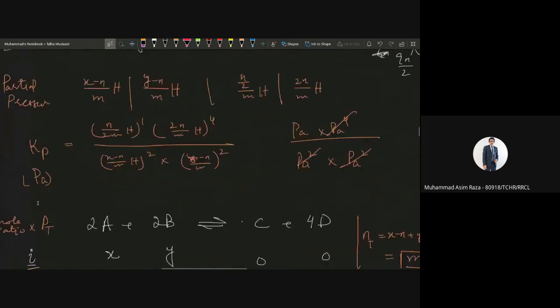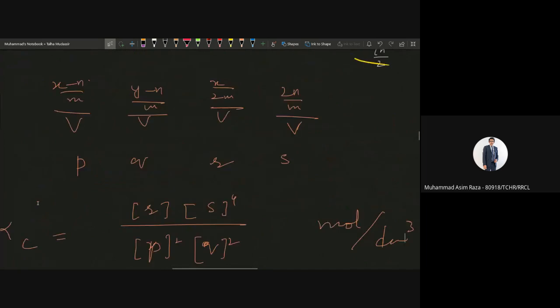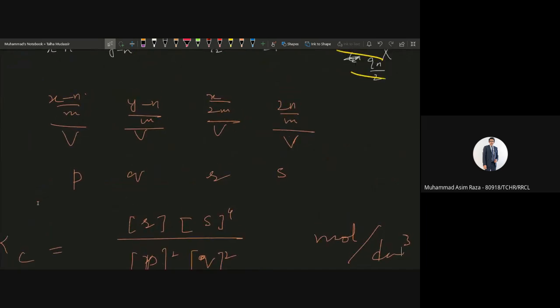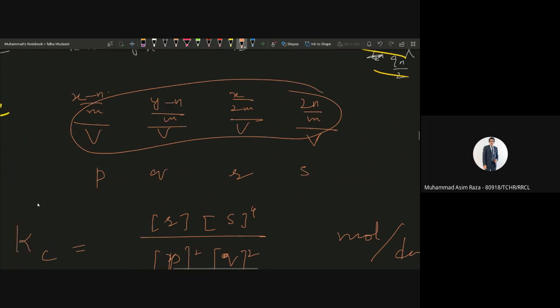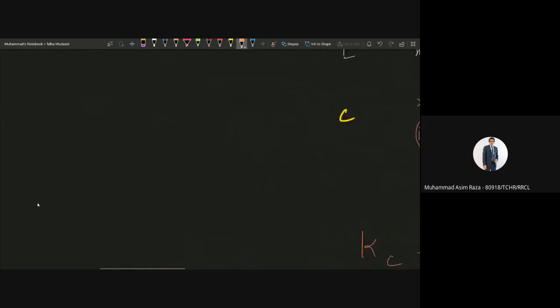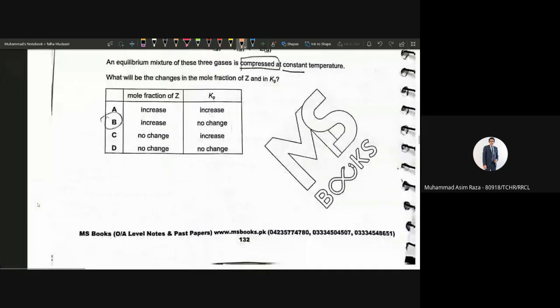ये वाला जो था जिसमें आपने Kc फाइंड आउट करना है, so there is no need to do this step। ये वाला नहीं करना आपने, ठीक है, सारे का सारा। इसमें मोल फ्रैक्शन या रेशियो नहीं फाइंड आउट करनी। इसको सीधा सीधा नंबर ऑफ मोल से डिवाइड करके, तो वो आपके पास कॉन्सेंट्रेशन आ जाएगी, नंबर ऑफ मोल्स ओवर वॉल्यूम।